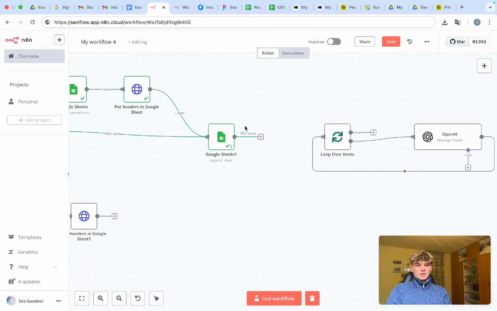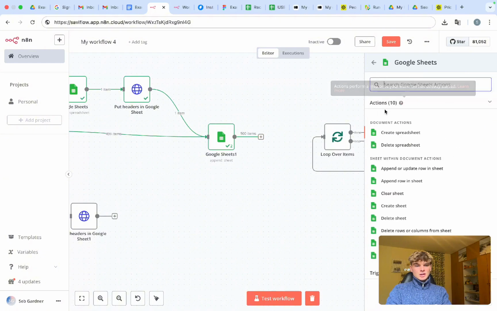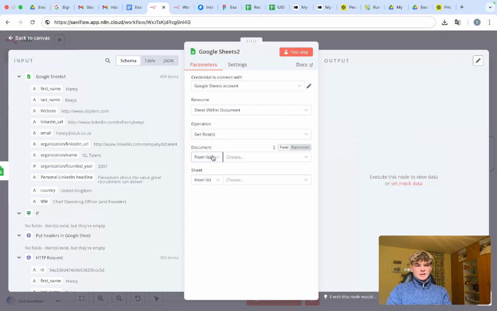It does say 500 items there. I thought it said 0, which is interesting. But regardless, what I'm going to do is go to Sheets and go to Get. This should kind of reset everything. So if I go by ID again,